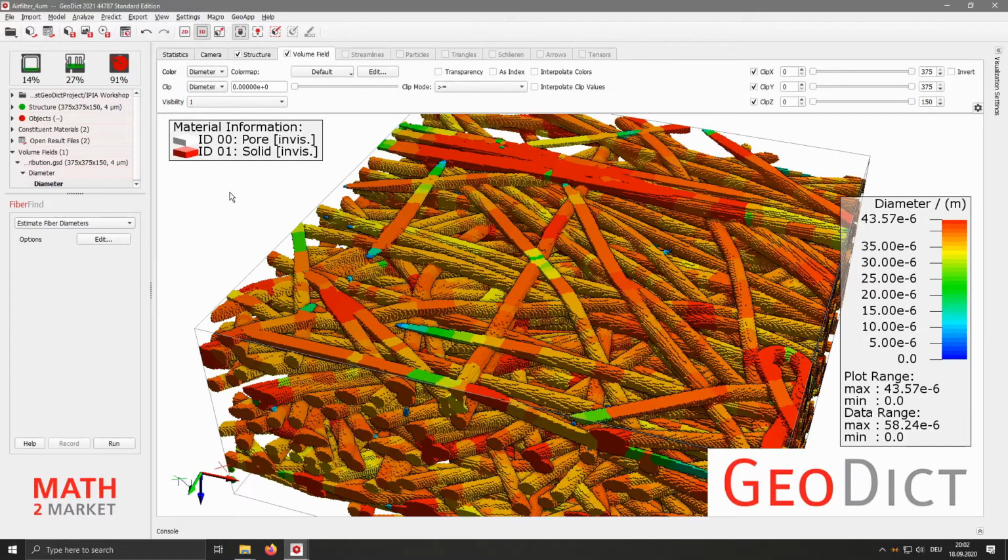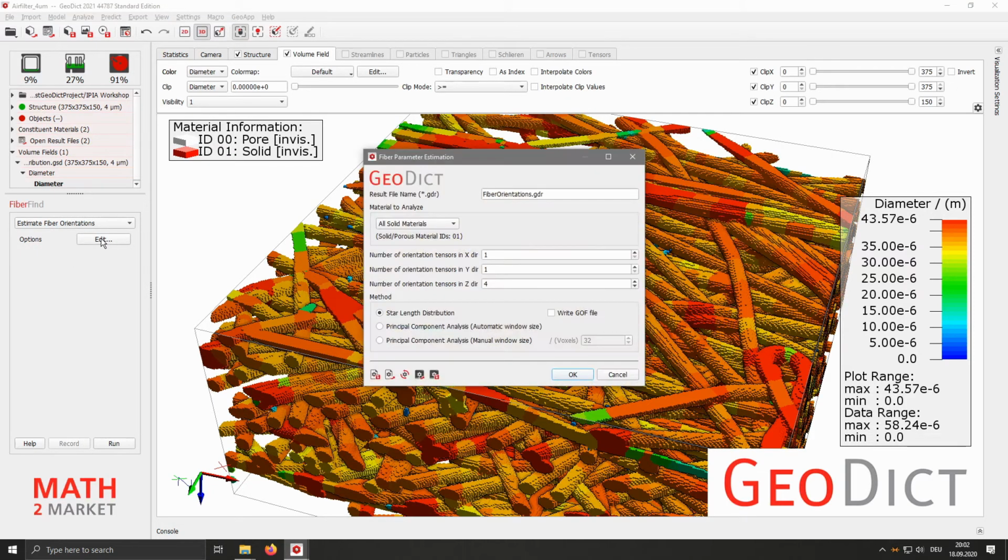In the next step, we will analyze the orientation of the fibers. To do this, we switch in FiberFind from estimate fiber diameters to estimate fiber orientation. Click again on the edit button to set the parameters. First of all, we change again the result file from just fiber orientations to air filter fiber orientations.